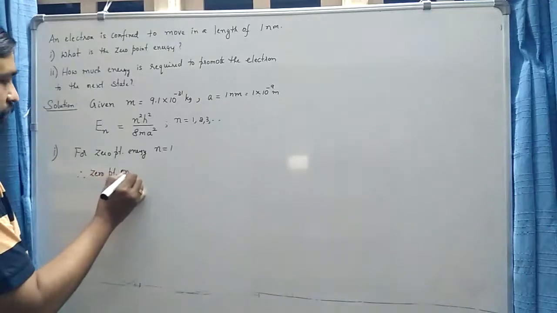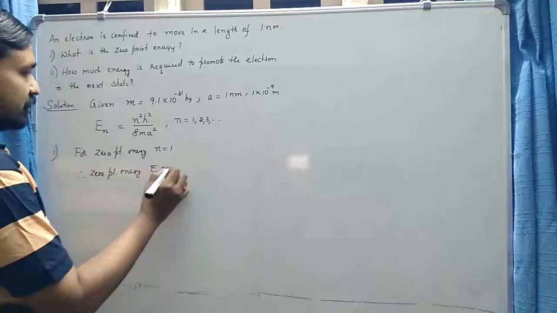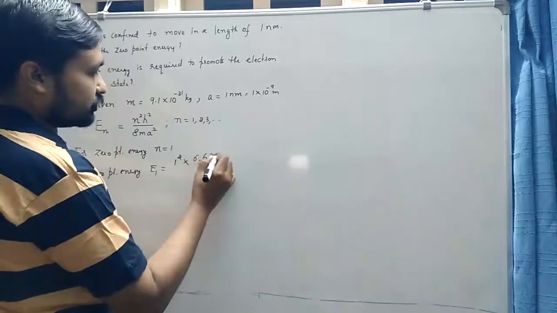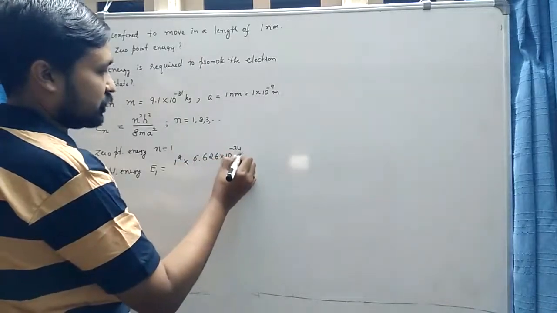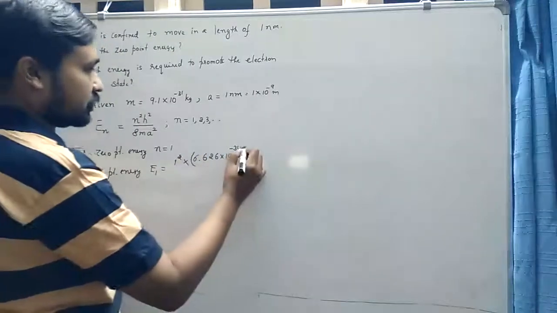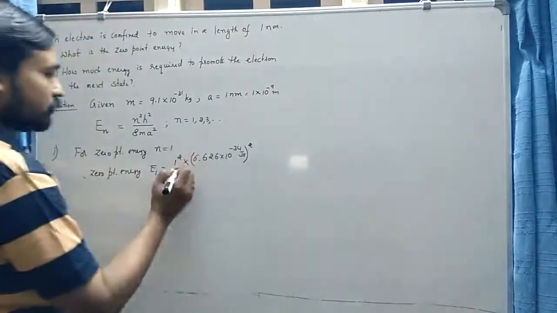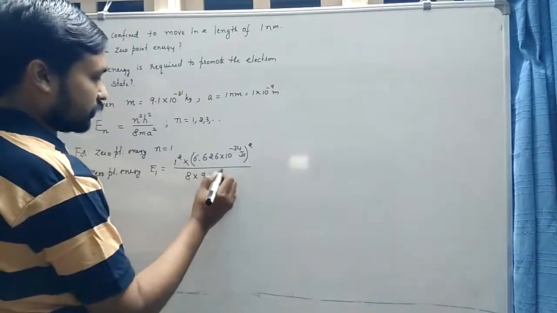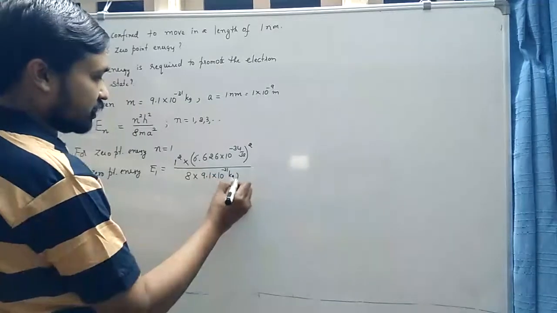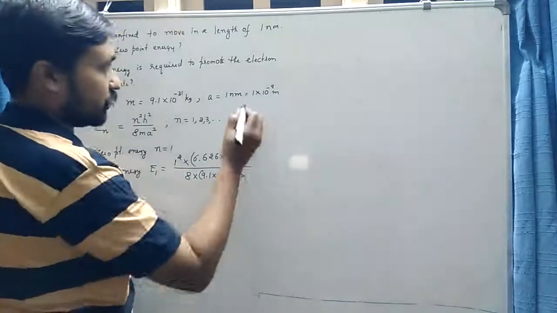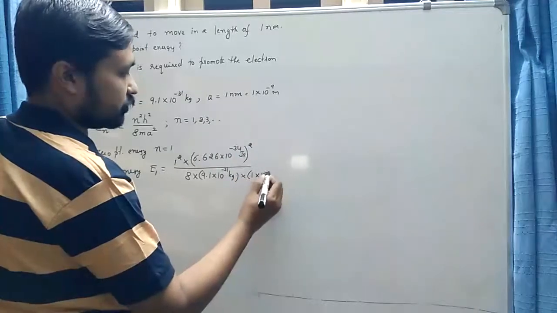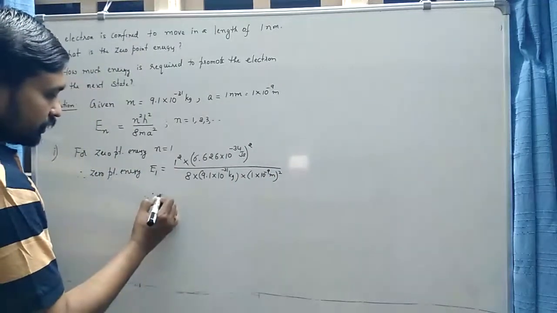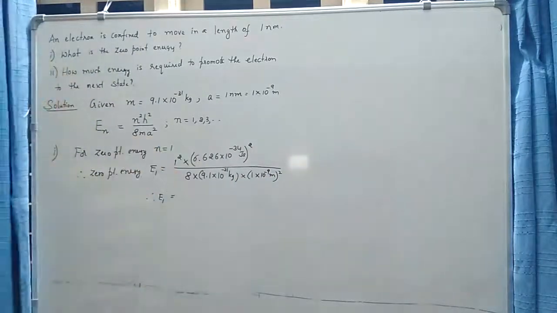zero point energy E1 is 1 square into h square. h is Planck's constant, it is 6.626 into 10 to the power minus 34 joule second. Its square, h square, divided by 8 into mass, 9.1 into 10 to the power minus 31 kg, into a square. What is a? It is 1 into 10 to the power minus 9 meter, square. You can calculate this yourself. The answer is